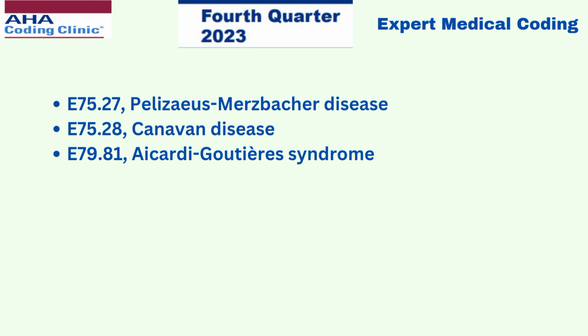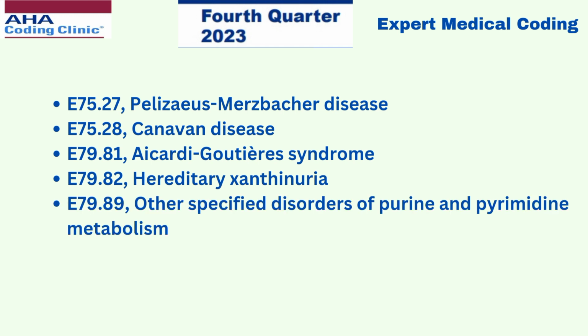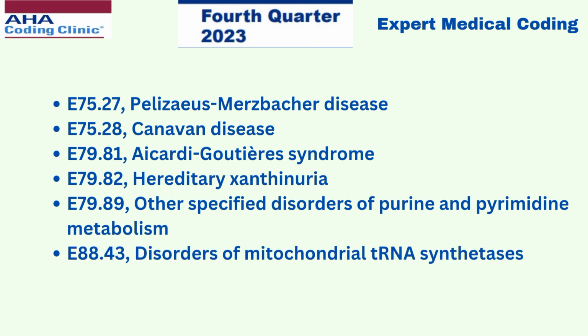E79.81 Aicardi-Goutières syndrome, E79.82 hereditary xanthinuria, E79.89 other specified disorders of purine and pyrimidine metabolism, E88.43 disorders of mitochondrial tRNA synthetases,